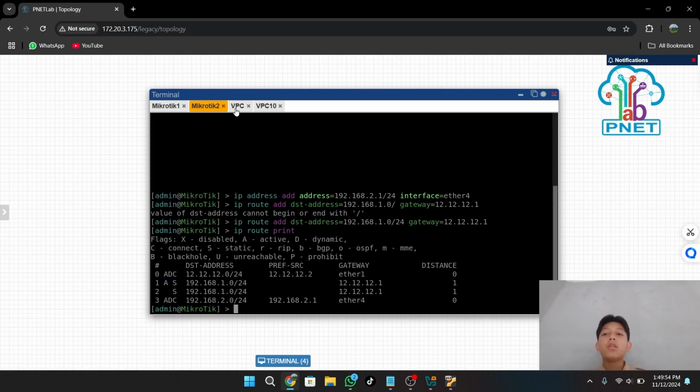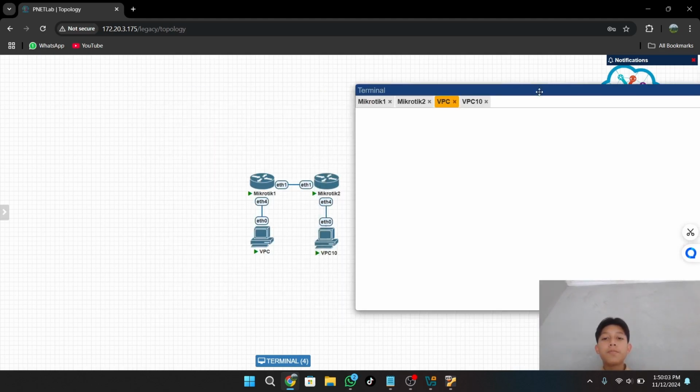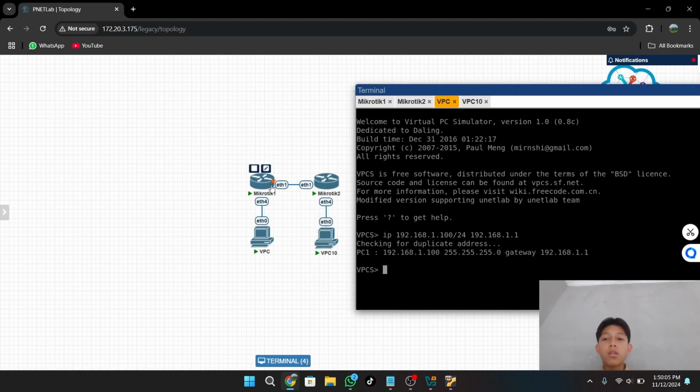To check whether your static routing works or not, you can ping from VPC 1 to VPC 2, and from VPC 2 to VPC 1.